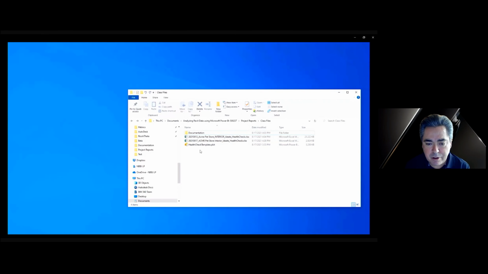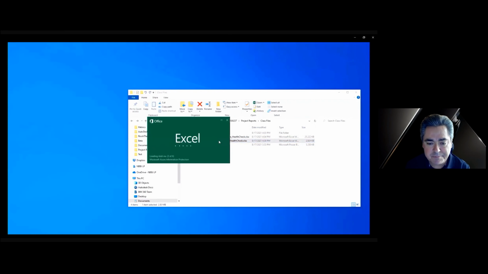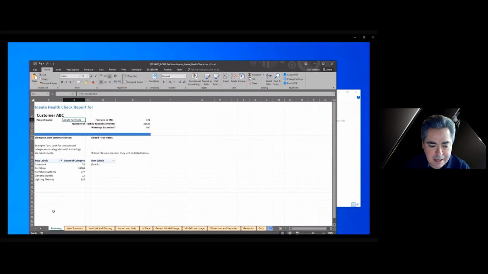What we're going to do is look at the output version of that file so that you can see what's in it in Excel. There are a lot of tabs here, and the first colored tabs you're seeing, those lighter colored tabs, are coming from ID8, and that's really a help tech in itself.